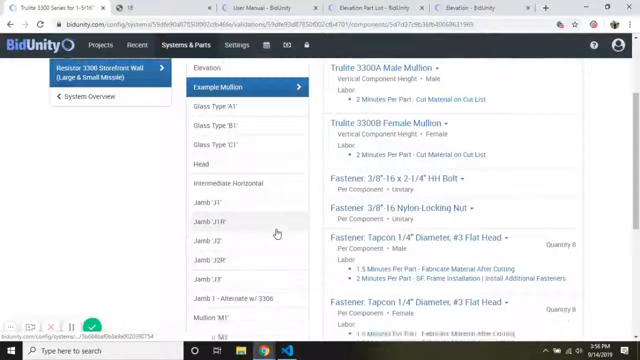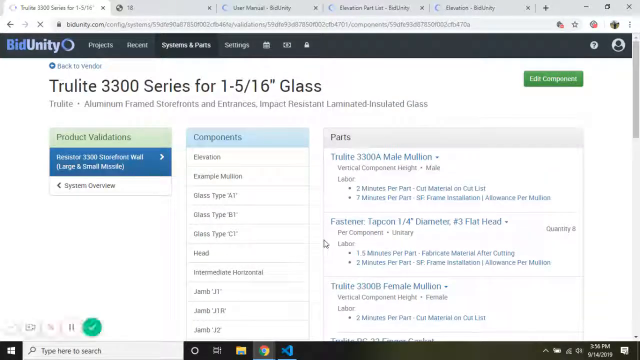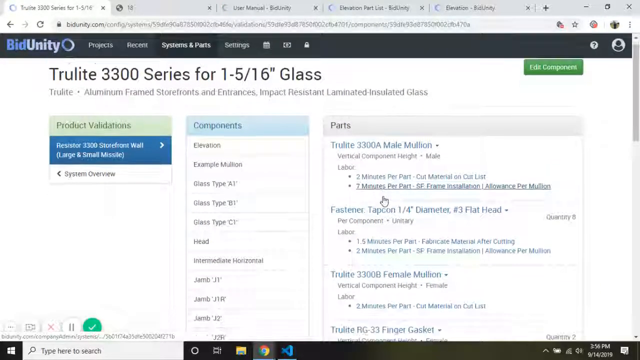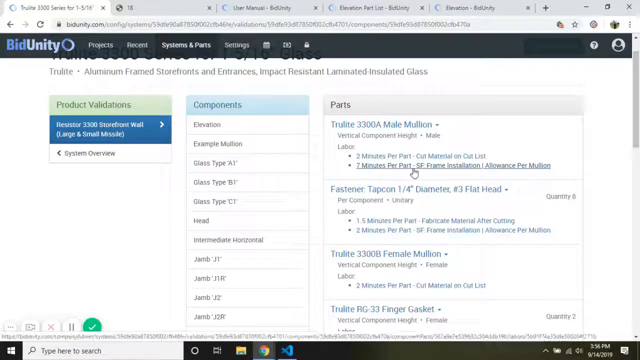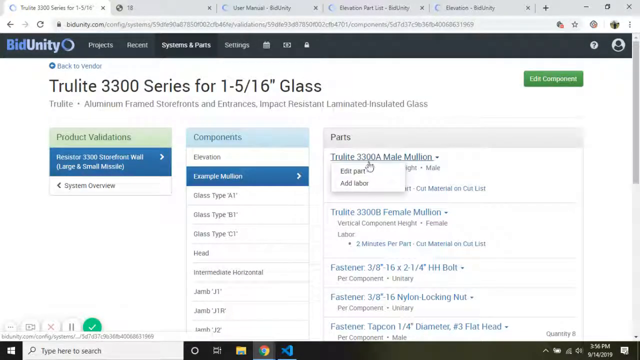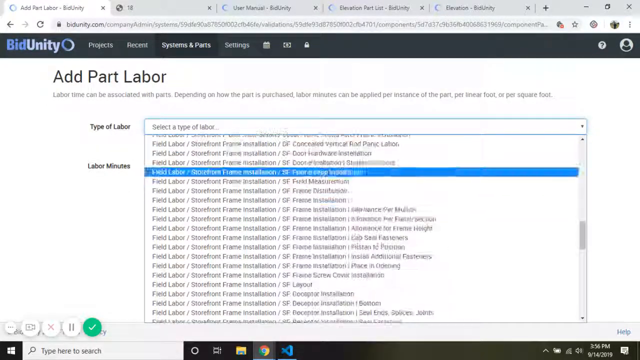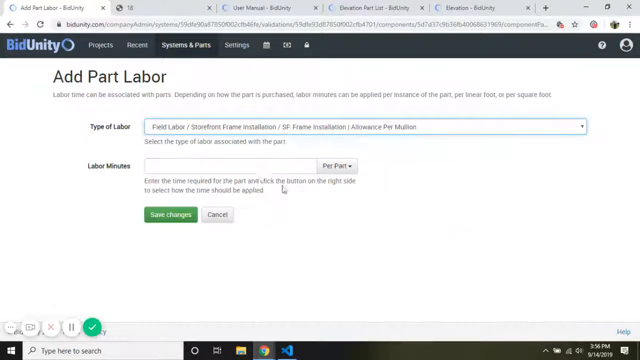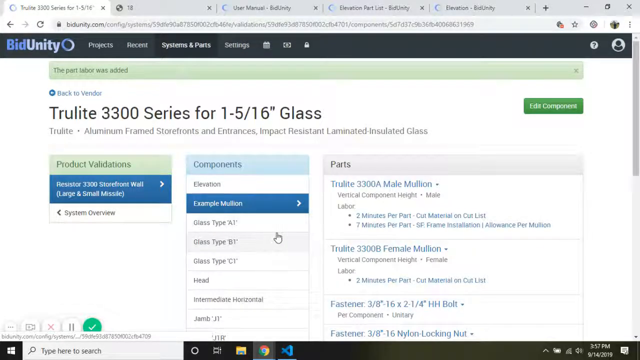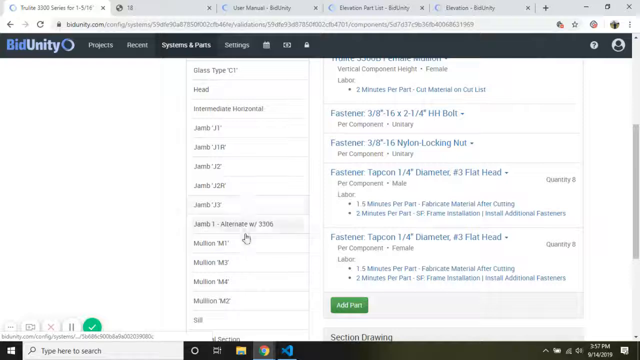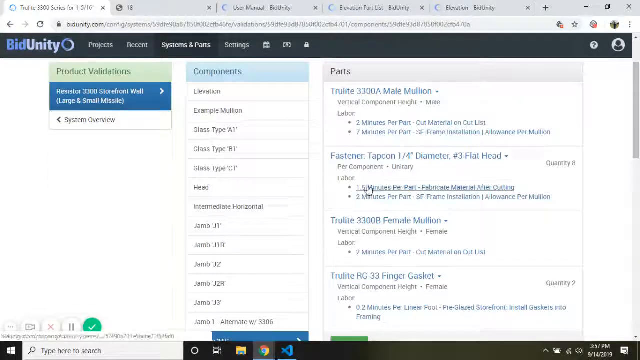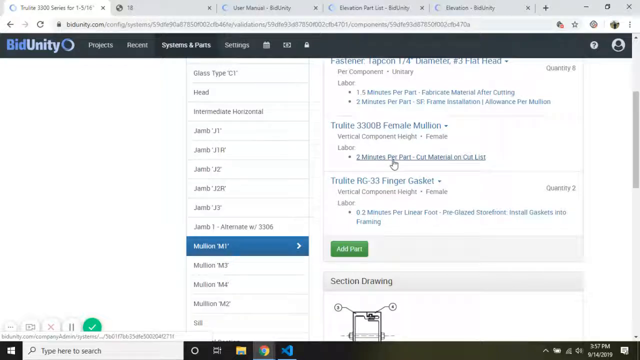Now, I would recommend as a good practice to take a look at the configuration of other systems and see what was done. So we have 7 minutes per part of frame installation as an allowance per mullion. So let's go back to our example and we'll copy that. Storefront, frame installation, allowance per mullion, 7 minutes per part. Let's find mullion 1 and see what else we can copy. Got the fastener, mullion B,